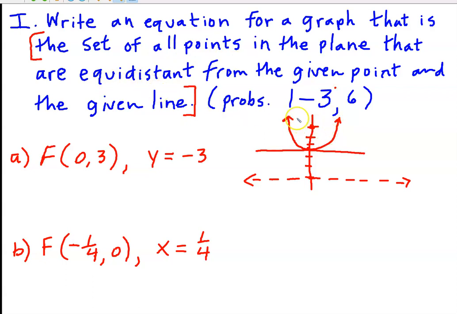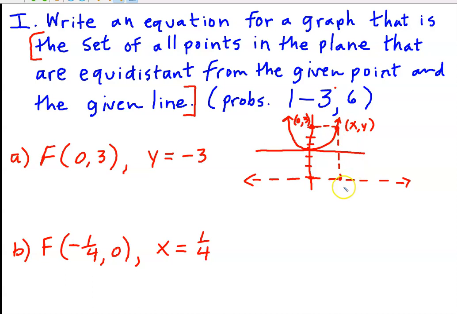So here's 0, 3. We already plotted that. Here is some point on the parabola, and you don't ever have to identify it specifically. You're just going to show it as a point. It's some x, y on the parabola. All right, so this distance identified here between 0, 3, which we call the focus, and really any point on the parabola, I've just called it x, y, has to be the same distance as this,